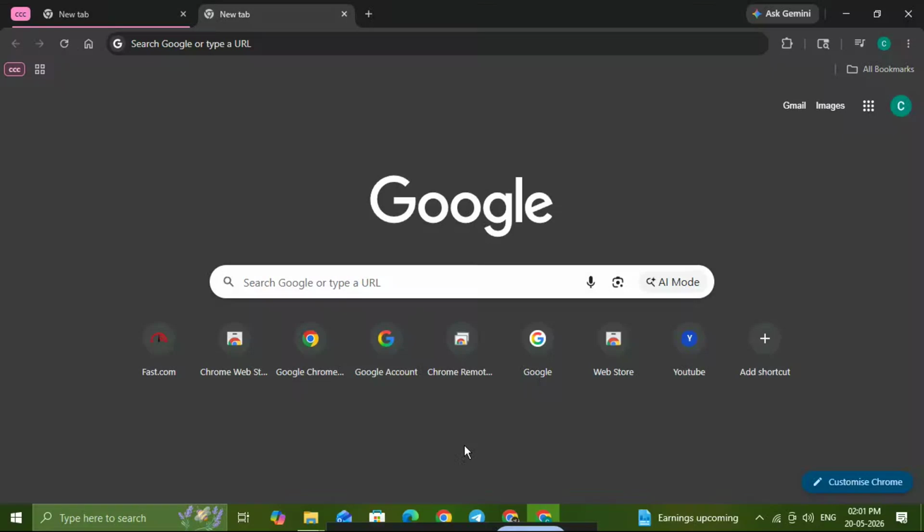If your Chrome browser is getting crowded and you want to clean things up fast, this video will show you exactly how to delete tab groups in Google Chrome in just a few simple steps. Tab groups are great for organizing your tabs, but if you no longer need one, removing it is quick and